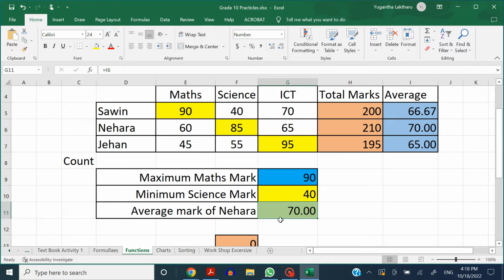Clear, sir. Right, great. So we have discussed four different functions. In the previous week we talked about the sum function. Today we talked about the average to find the average, max to find the maximum number, min to find the minimum number. And now I'm going to show you how to find the count. Now, in case we want to find out how many students were participating in this particular